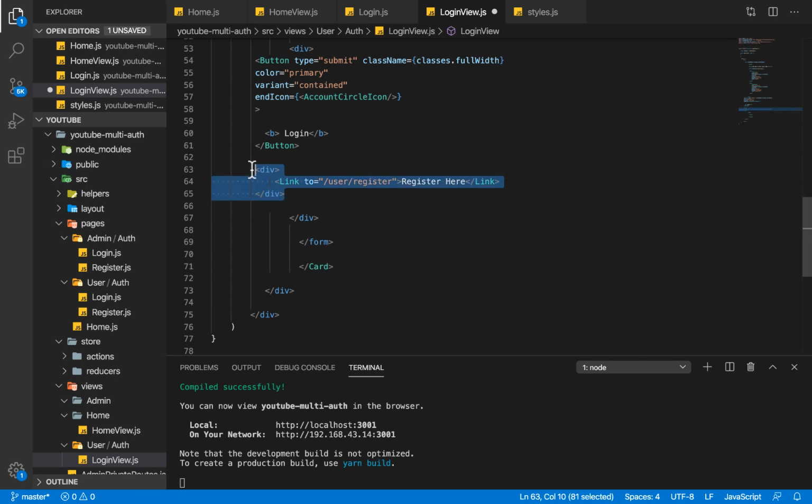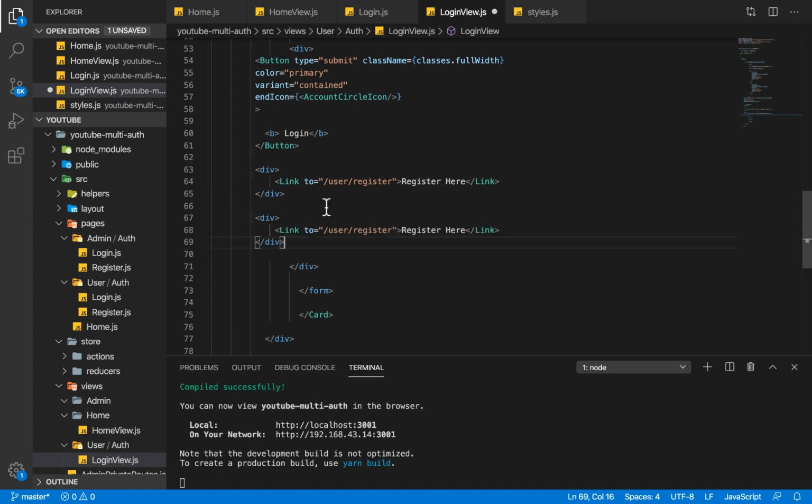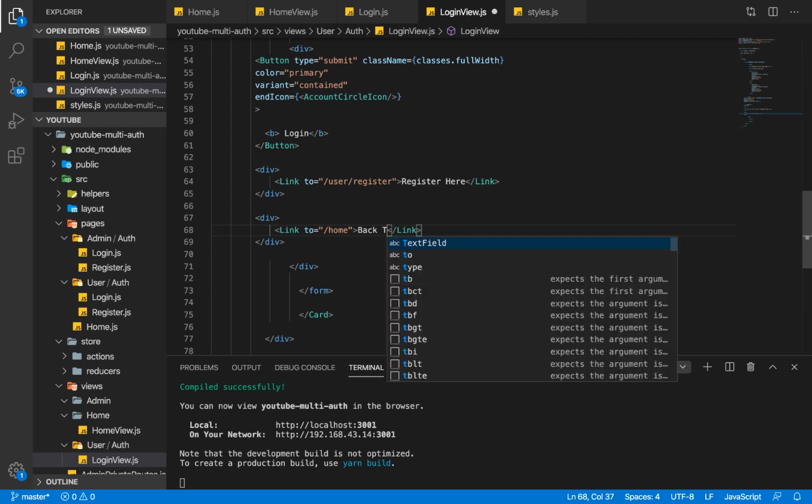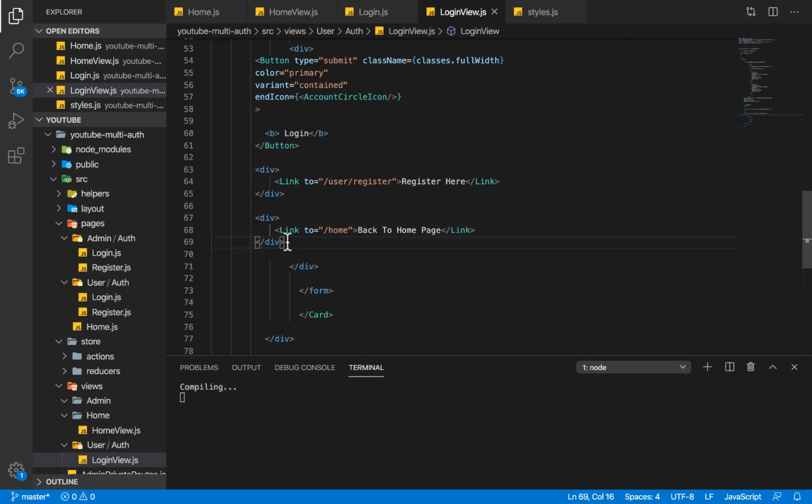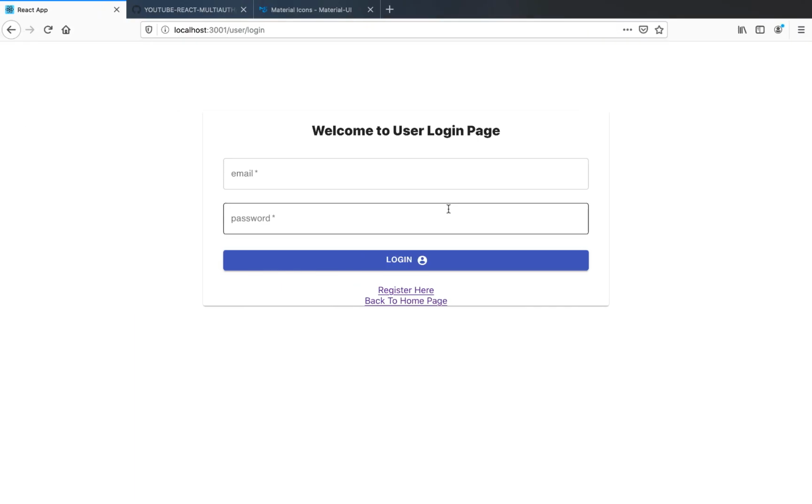And I'm going to copy this right now and just paste this in here too, /home. So this is basically going to take us back to our home page. So I'm going to go back to home page, and I'm going to also save this now. And if I head back to our application, refresh that, you can see this looks good,